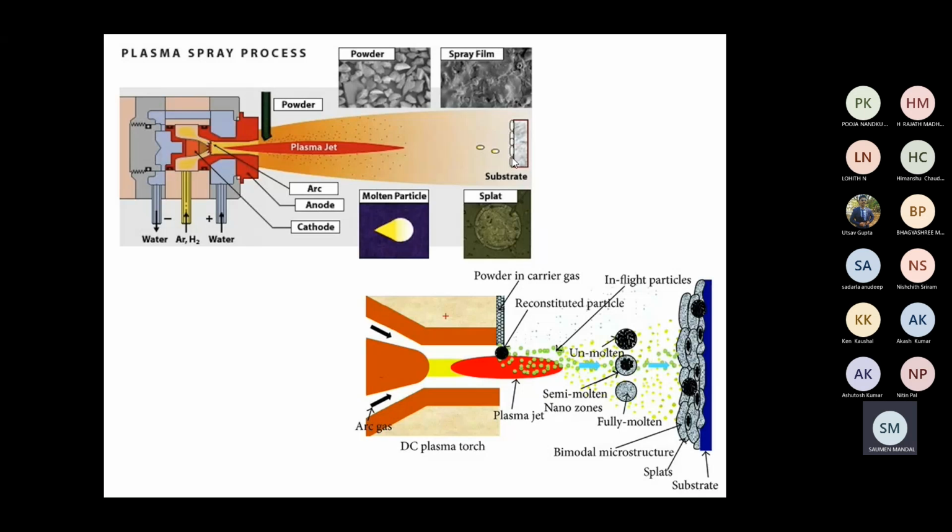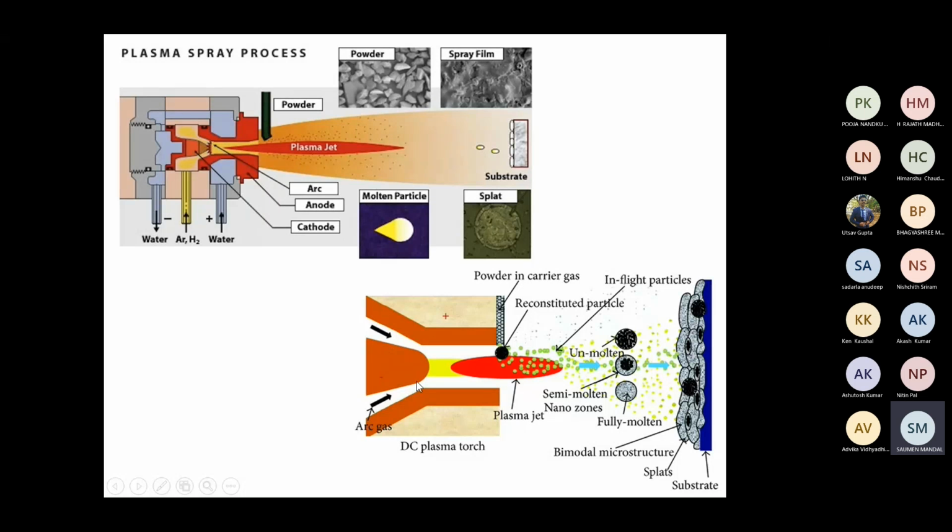So in the plasma spray process, that is a big advantage. Whatever coating you get here is an extremely hard coating. This is the powder we feed here, and this is the spray film. Whatever film you get is very strong and robust. But keep in mind that substrate heating is not required, because the deposited material arriving is at a very high temperature, so it will automatically make a strong bond.